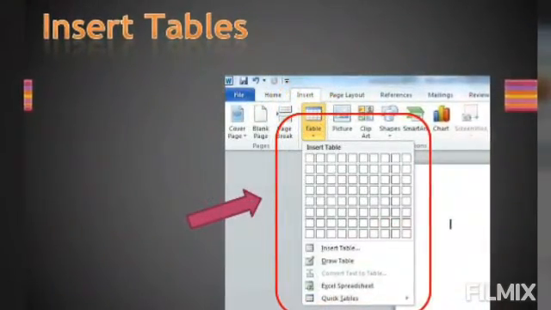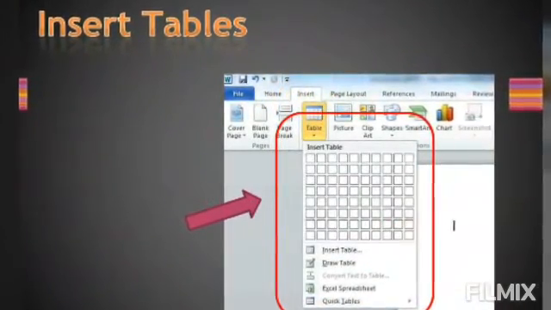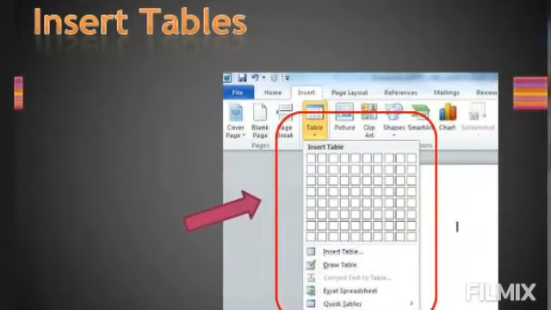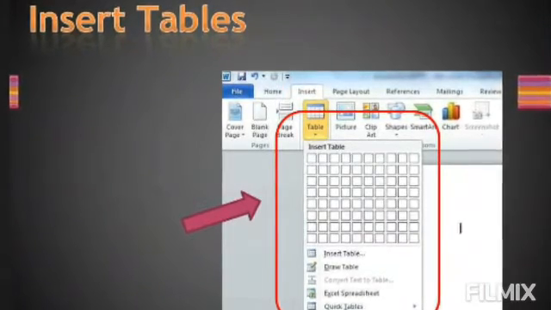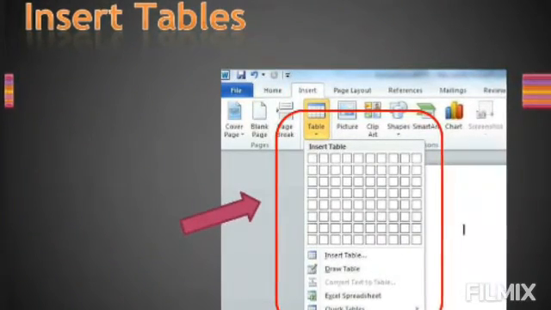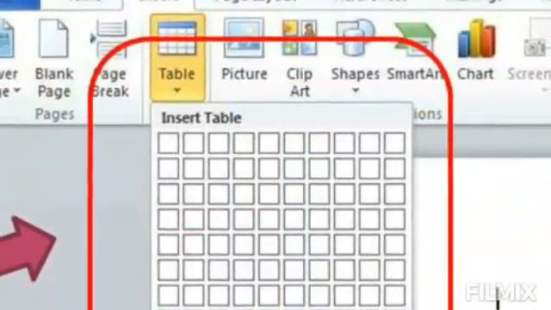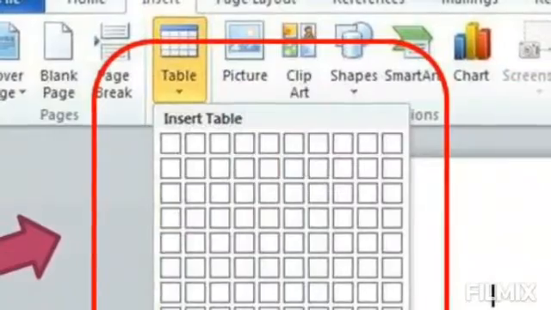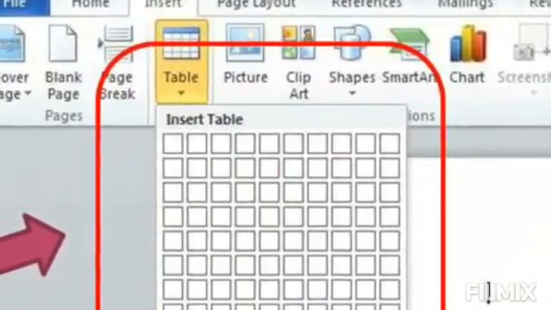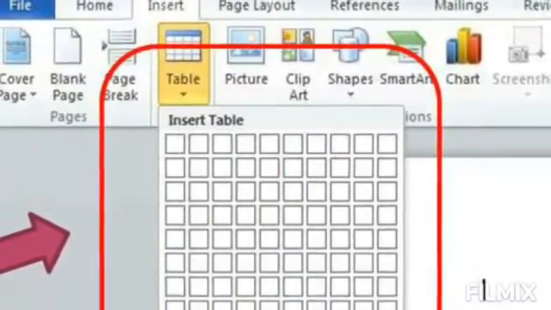If you want to insert a blank table in your document, you have to place your insertion point in the document where you want the table to appear. Then you have to select the Insert tab. After that, you have to click the Table command. Hover your mouse over the diagram squares to select the number of columns and the rows in the table. Click your mouse and the table appears in the document.